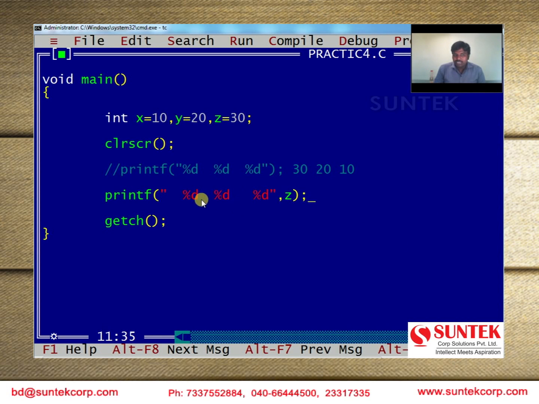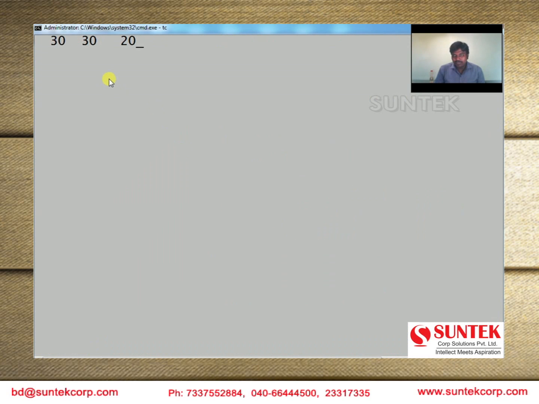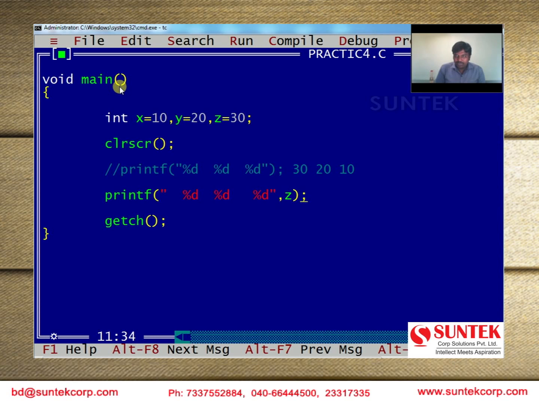Z and Y. Now what is the answer? See, the first value is Z, the second value is Z and the third value is 5, right? 30, 30, 20 series, right? You understood how it is printing the values? Okay, next printf statement. I will show you the next printf of